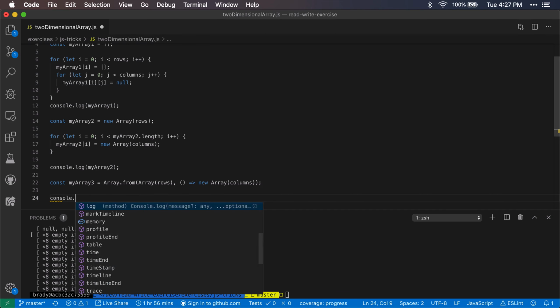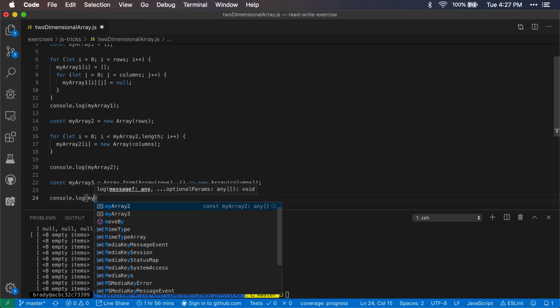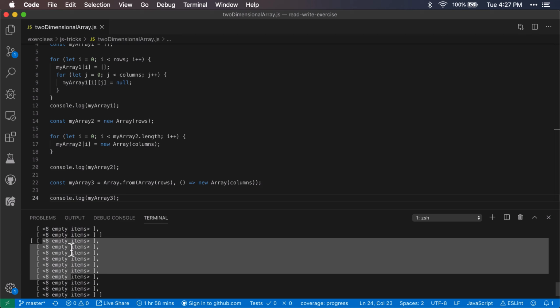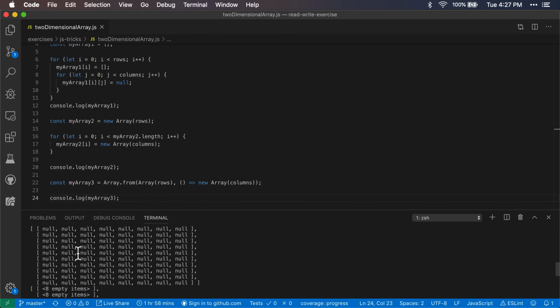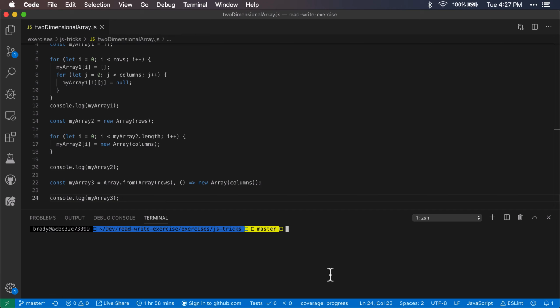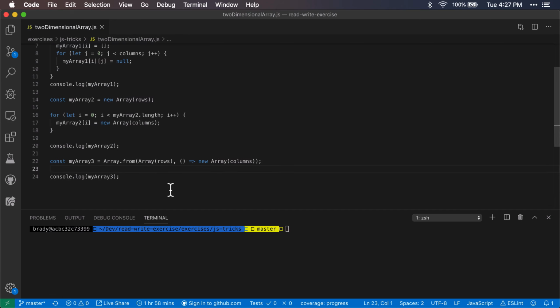So if we log this out, then we're going to have, whoops, the same thing as the second one. Okay. So we run this, we see this one's giving us 8 empty items. The second one's giving us 8 empty items, and the first one's giving us all these null. So slightly different results there, but really if we just want a 2D array, then it's giving us what we want. The last way that you can do this,